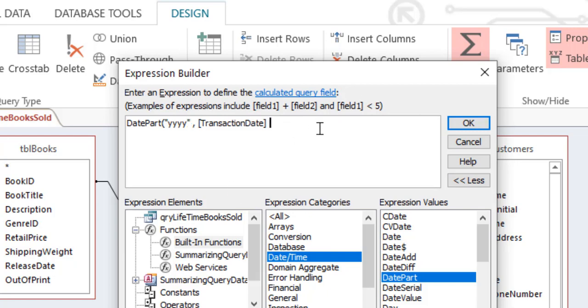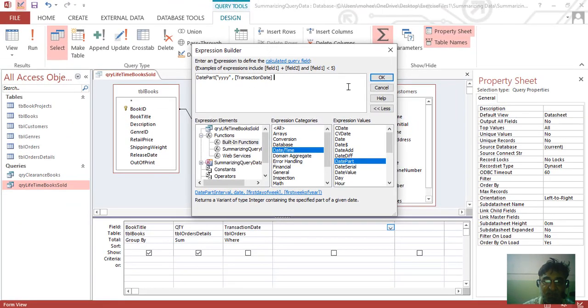So let's run this expression: date part, y, comma, transaction date. Press the OK button.